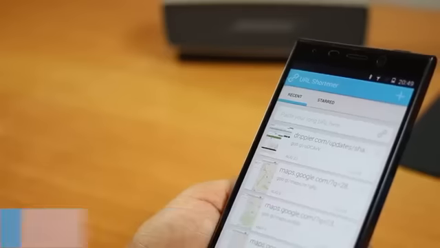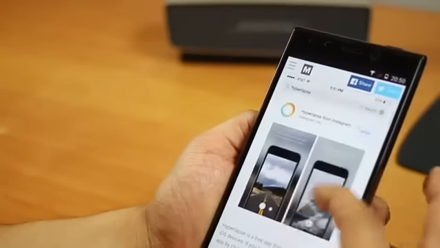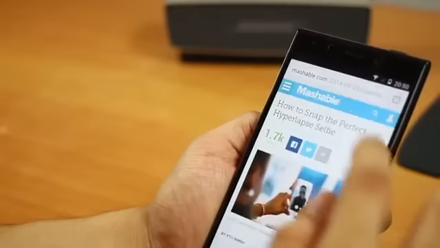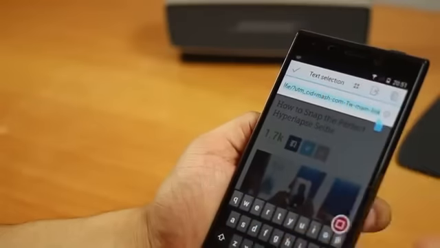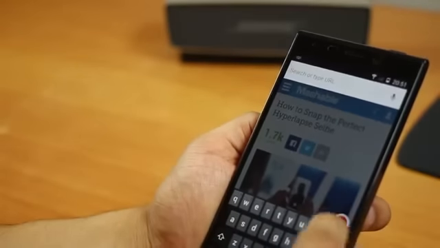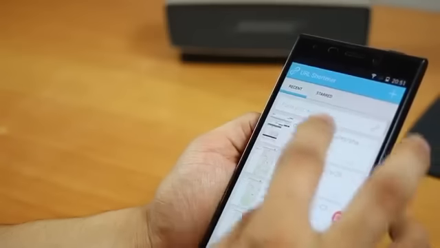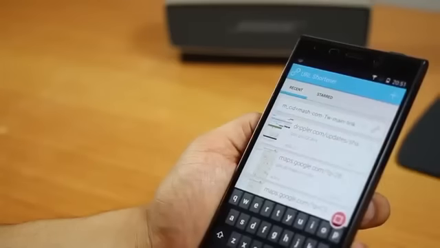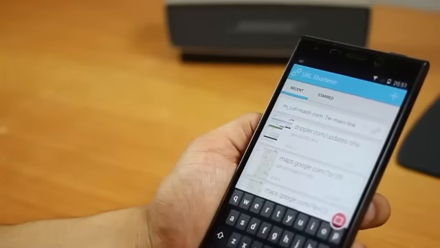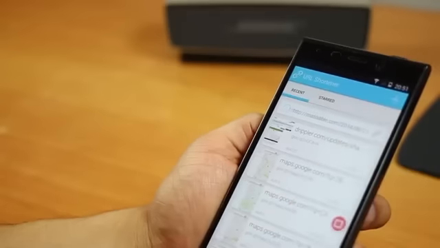I'll tell you why you should use that, okay? I know it's a pain. Why go all the way to an app? So hear me out. Let's say I'm on this link from Mashable and I copy this link, okay? Once I've copied the link, I can use the last app switcher that I talked about, go into URL Shortener and paste the link there. And then I just want to create a short link, and I'll tell you what happens after that.